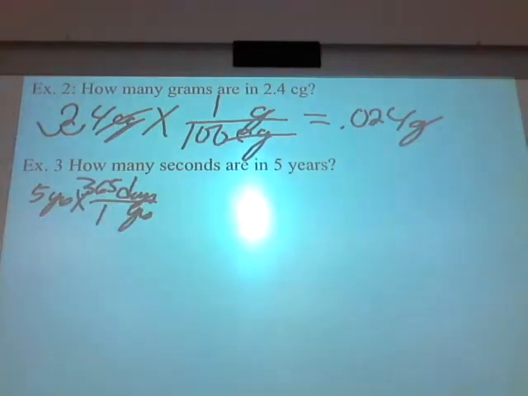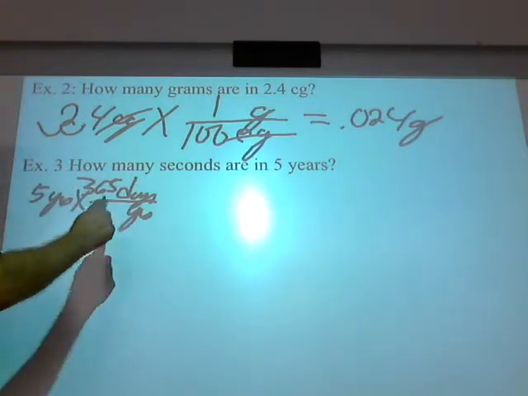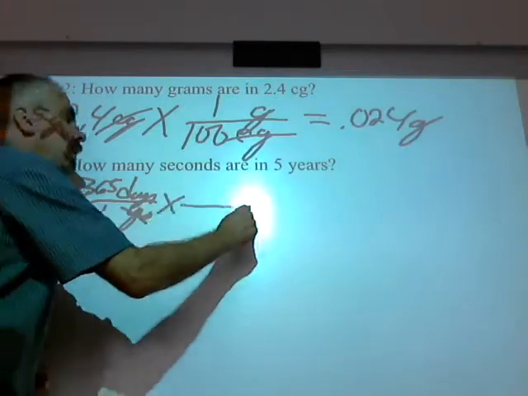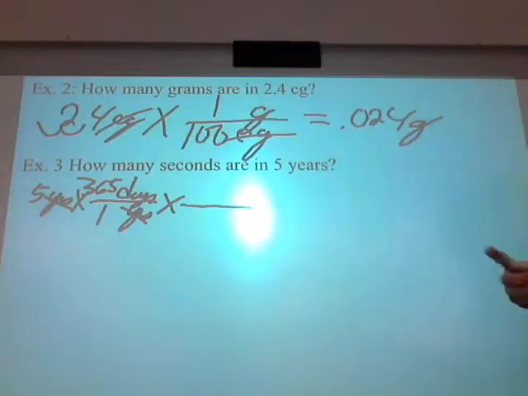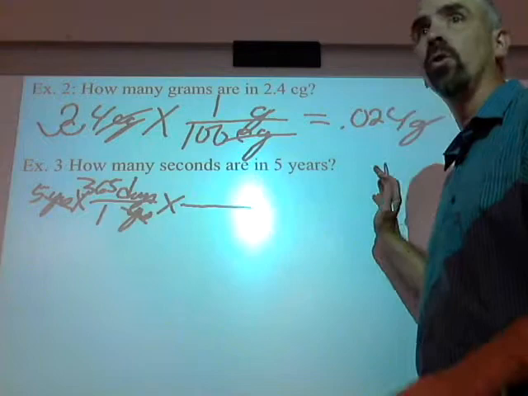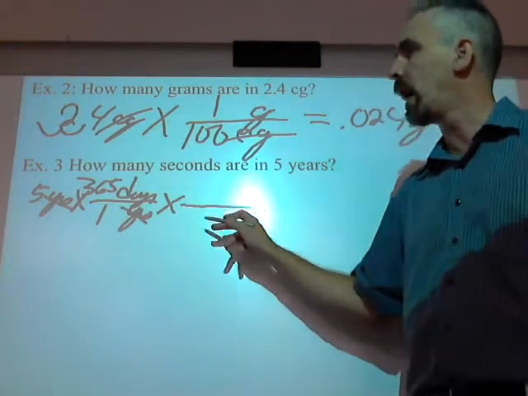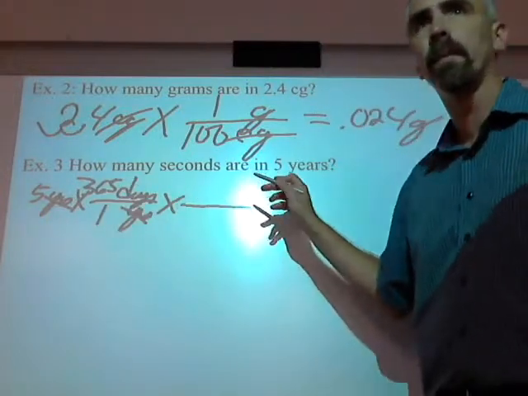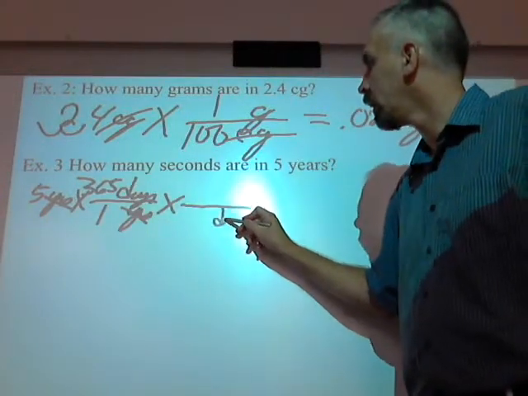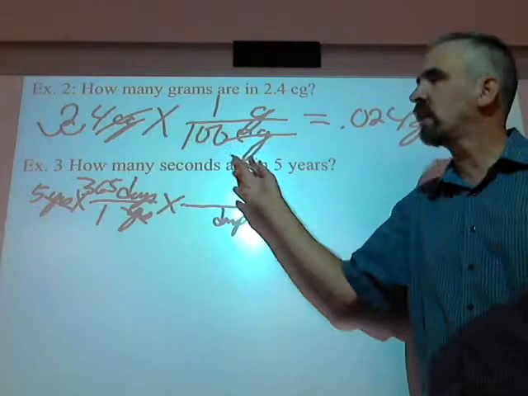Y'all agree? All right. Now, you see what I love about this system, and you'll love about it as we go on throughout the year, is that I don't have to just hit equals. I can now continue to do the same thing over and over again using units that I'm familiar with. What is going to go on the bottom? I just crossed out years. What's going to go on the bottom? Days. All right? And do I know how many seconds are in a day again?